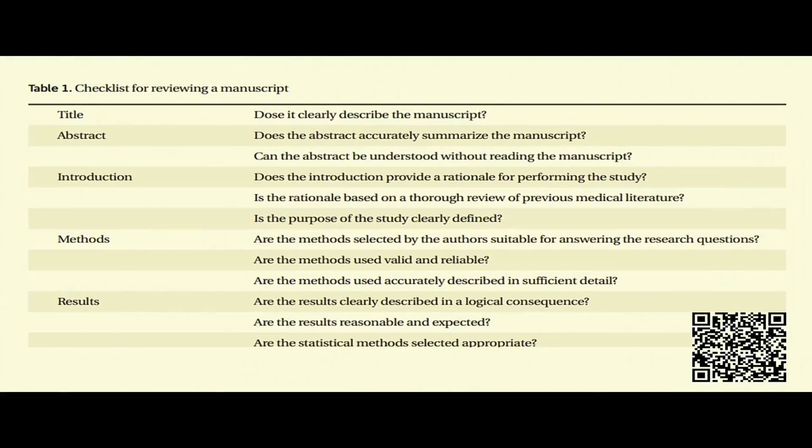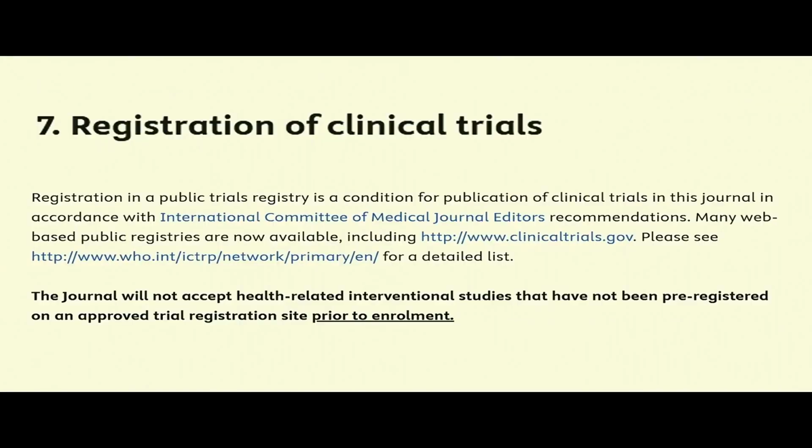These are the standard parts of an abstract, so I won't go through them all, but the introduction, I think, should have the hypothesis or the aim, okay? Methods need to briefly summarize what the methods are, and the results should be clearly described in logical sequence. So these are all, I think,